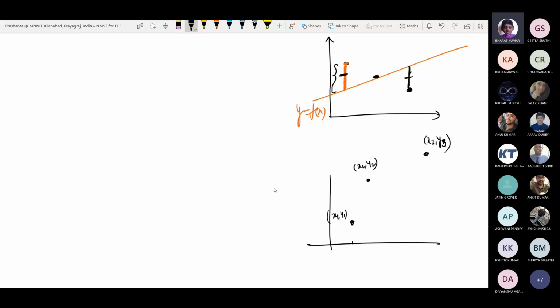Okay, but you see there is a linear relationship. Suppose, or let me add one more data, then you will be convinced there is a linear relationship. Suppose the next data is there. Let's say this is x4, y4. So these are the 4 data points: 1, 2, 3, 4. You may say there is a cubic relationship, but in that case you will be doing nothing but interpolation. The curve will be passing through all data.